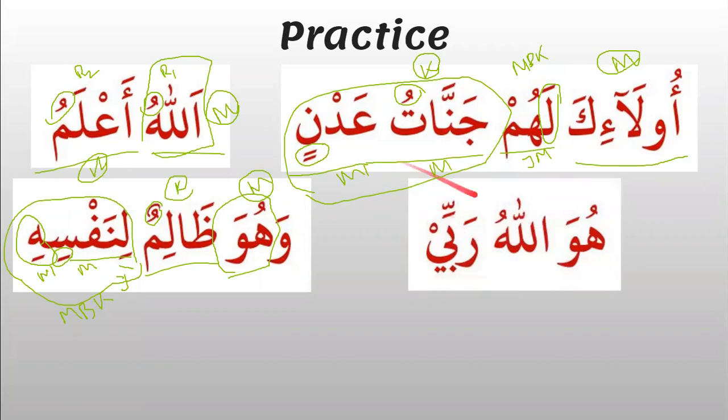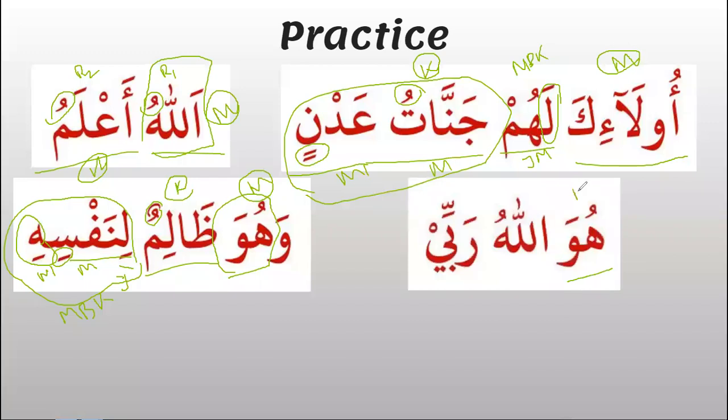Huwallahu Rabbi. Huwa is the independent pronoun and our first rafa, so it's going to be mubtada, and the word Allahu is the second rafa, so it's going to be the khabar. And Rabbi, you can see Rab is one word over here, connected to a pronoun, ee, which is my Rab. So it's going to be another khabar. It's not going to be a muta'alliq bil khabar. Basically there are two khabars in Huwallahu Rabbi. He is Allah, my Rab.